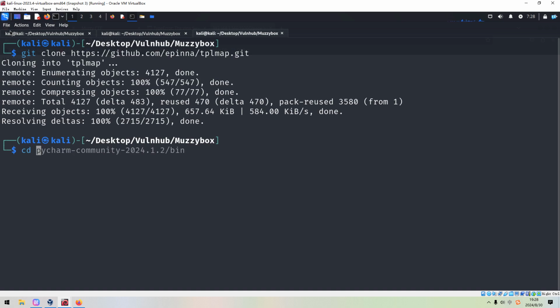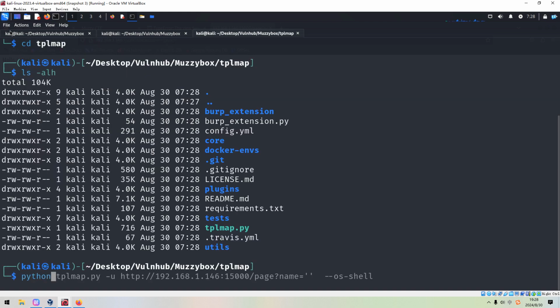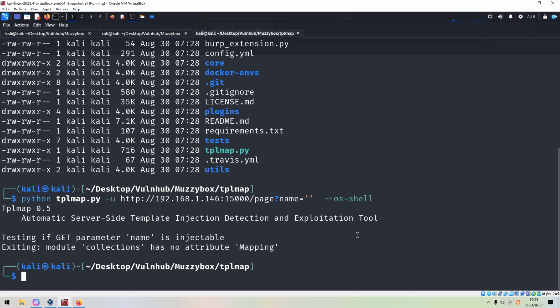And then we can go into this directory, and then we can run it with Python, and we can just autocomplete. So we can use the -u to specify the URL, and with option of os-shell, we can run it. However, we got the error. The module collections has no attribute Mapping.